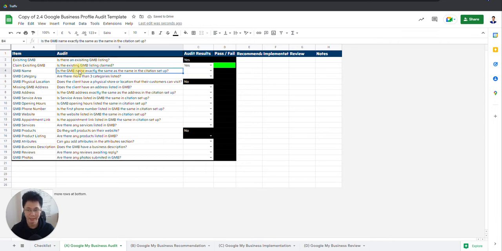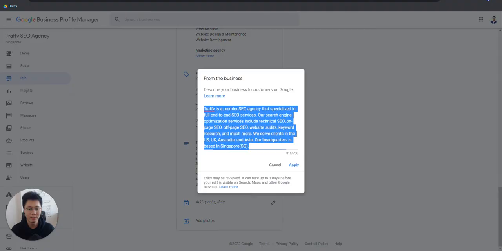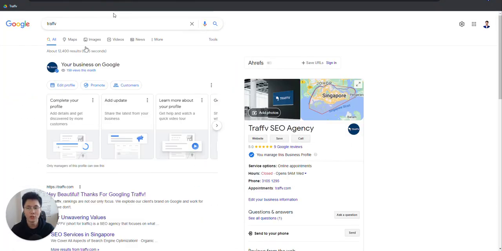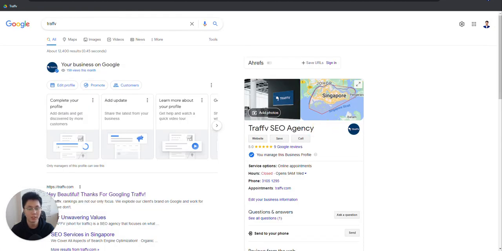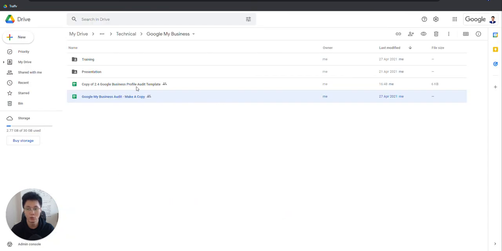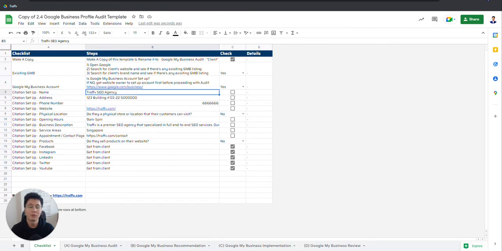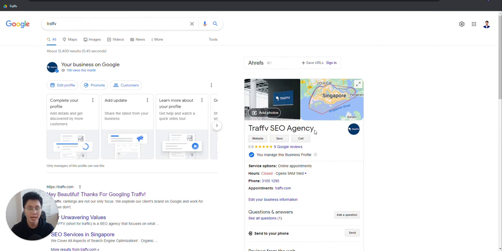Now, GMB name. You can see GMB name over here. GMB name is essentially when you go to Trev, just as an example, you can see this is the GMB name. What you want to do is make sure that this name and the one that you have set up, the one that you have decided, is the same name. Most of the time you're going to see this name is not the same as what you have set up. Is that okay? That's perfectly okay. But the main idea here is you need to make sure that your name is set up consistently and you decide that this is the name that you'll be using